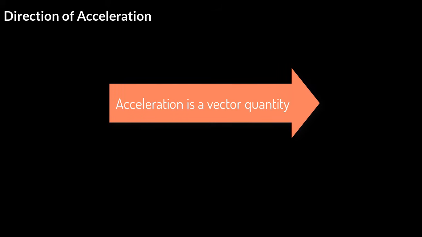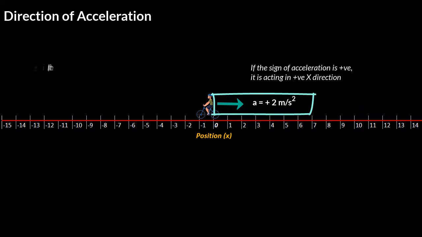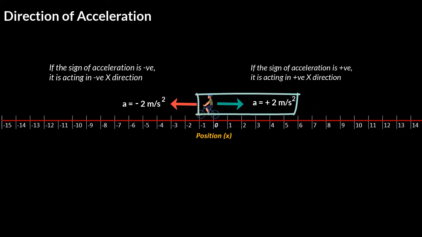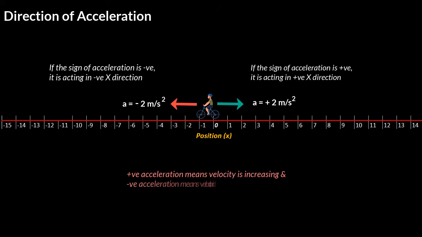So acceleration, like velocity, is a vector quantity, and therefore it should also have direction. So if the sign of acceleration is positive, it means it is acting in the positive x direction, and if the sign is negative, it is acting in the negative x direction. However, often students think that positive acceleration means velocity is increasing and negative acceleration means velocity is decreasing. This is incorrect,